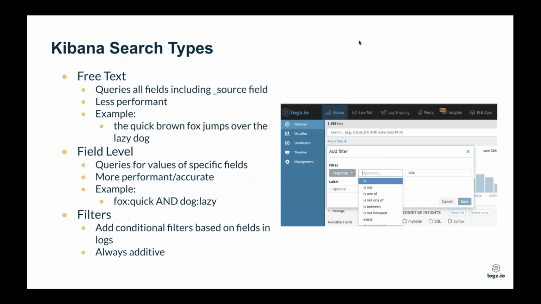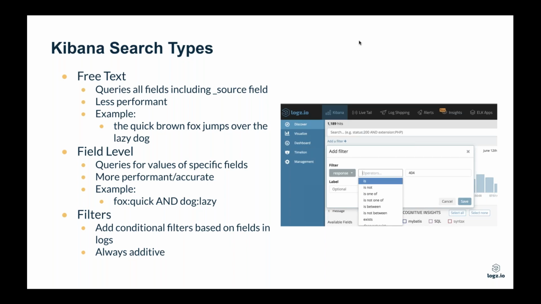So with that housekeeping out of the way in terms of the importance of ensuring that your data is parsed, I want to talk a little bit about some of the more common search strategies you'll be able to use in Kibana. The three here that you see are probably the most fundamental, and everything you'll see subsequently are variations on these